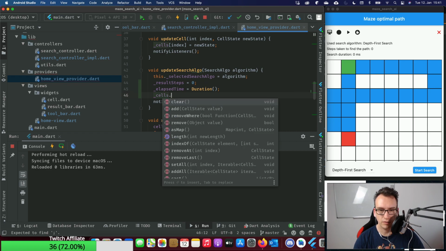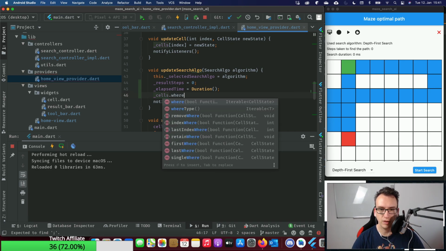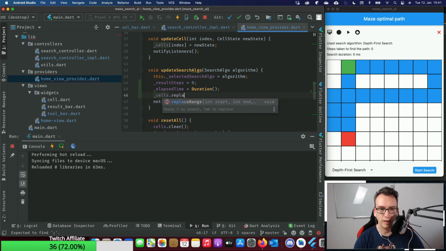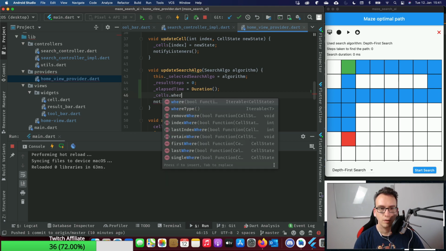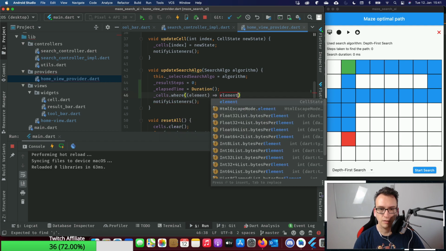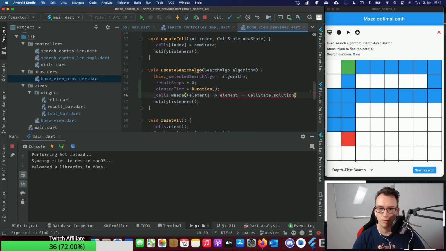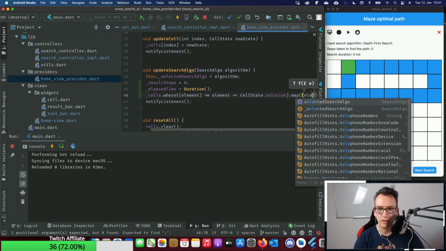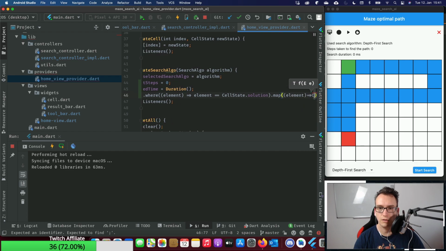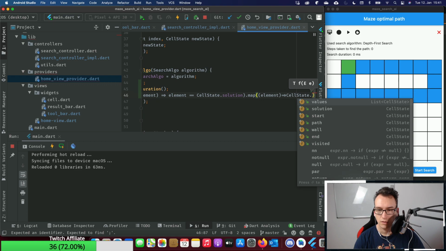Just a second. When I make where, we receive an iterable. But what element is equal to CellState.solution, and then we map that: we receive an element and return CellState.path.